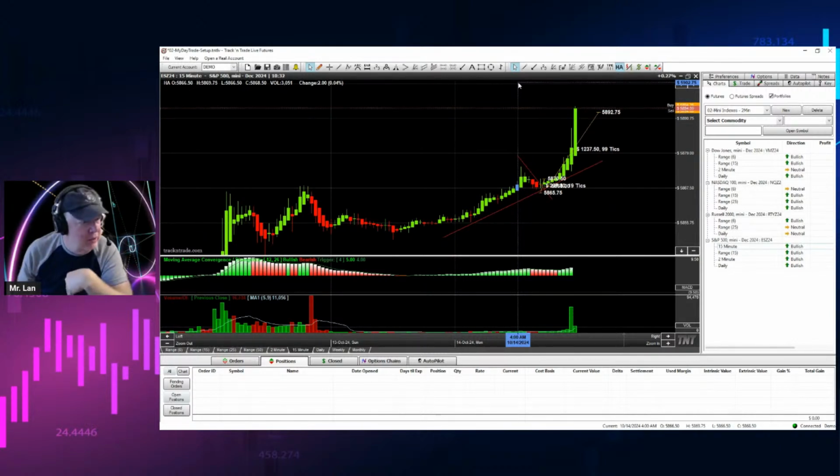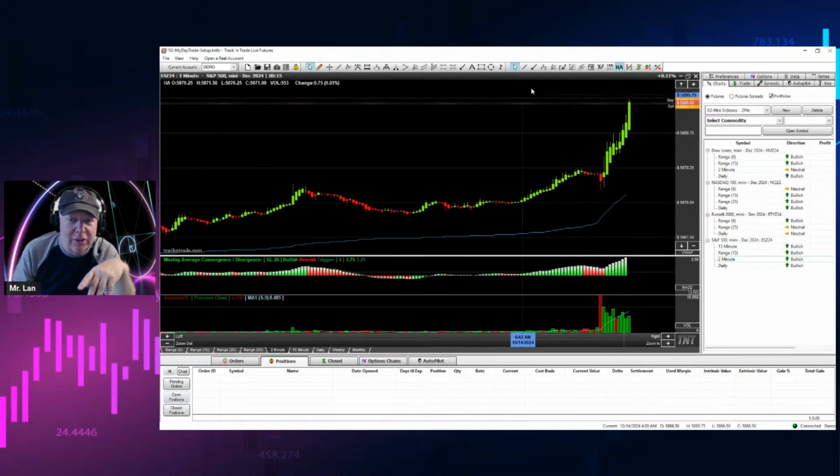They have bigger accounts, so they can risk more on the entry. And it all has to do with how much you are willing to risk on the entry to find out if your trade is right. And that's what trading is all about. How much am I willing to risk to find out if this market's going to move greater in my favor, right? So if you come down to a smaller time frame, 2-minute chart,